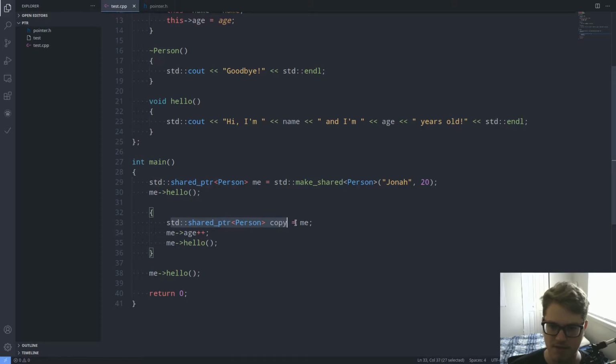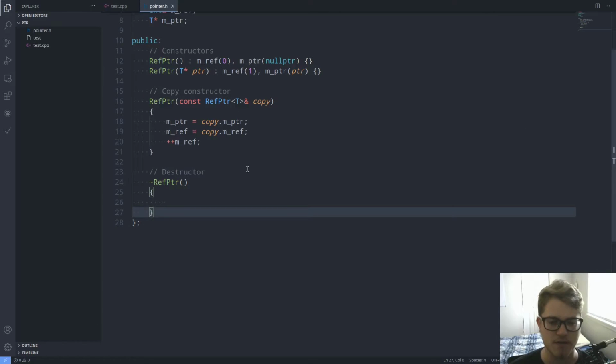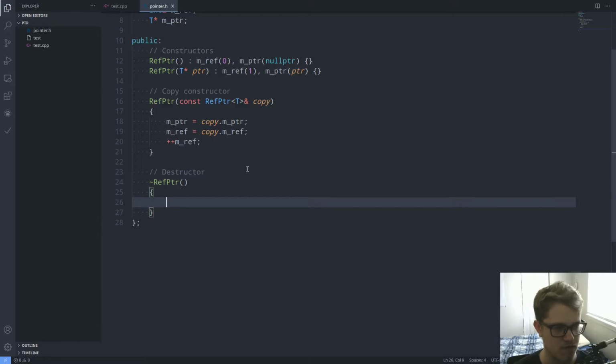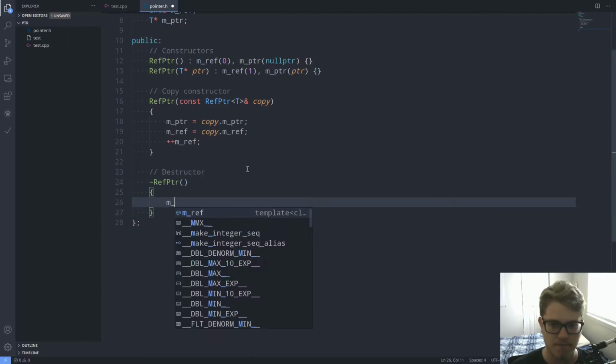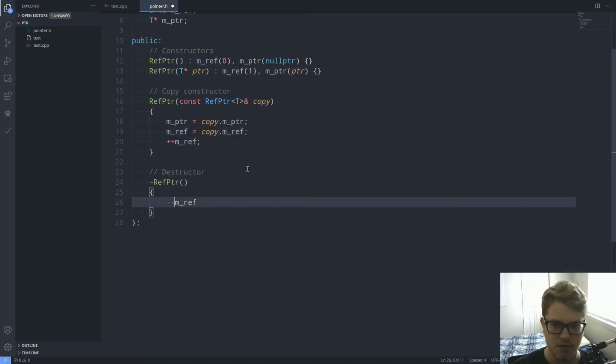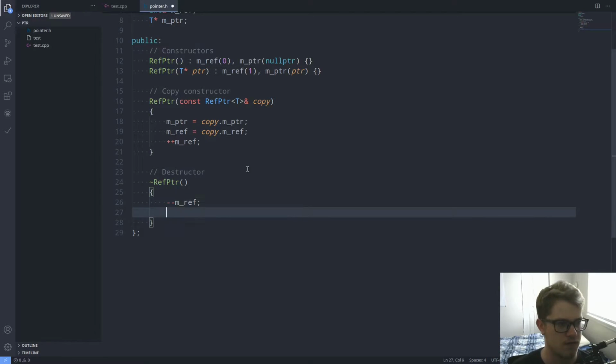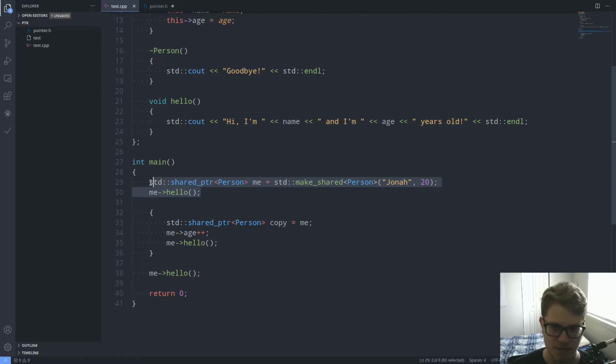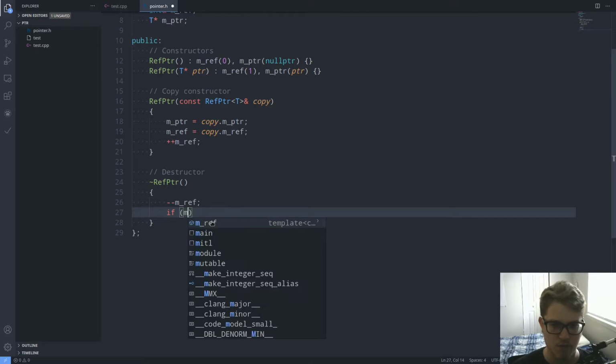So when this shared pointer goes out of scope, once it reaches the end of this block right here, the destructor is called, and the reference counter is decremented. So we want to mimic that behavior. So we will decrement. And then if we're the first one, if we're like this one right here, and we go out of scope once this main function is done, we want to make sure that